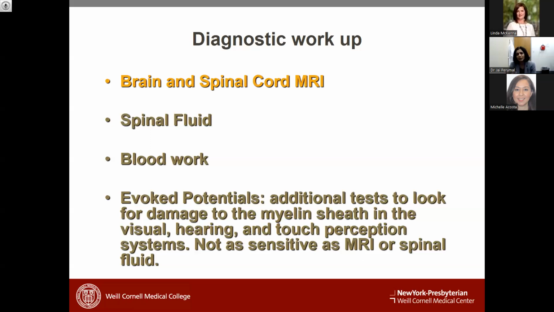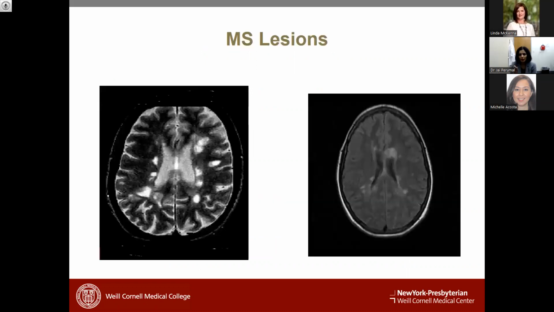Blood tests, again, in the appropriate setting. If you suspect that they have lesions in the brain or spinal cord because of lupus or some other autoimmune disease, then you would do it. But it's not necessary in every single instance to do the entire battery of blood tests before you make a diagnosis. Evoked potentials were again used much more in the past. It's really not used that much anymore. So going back to the MRI, which is the most important tool in terms of making a diagnosis of MS,